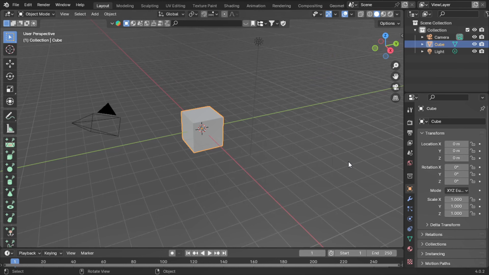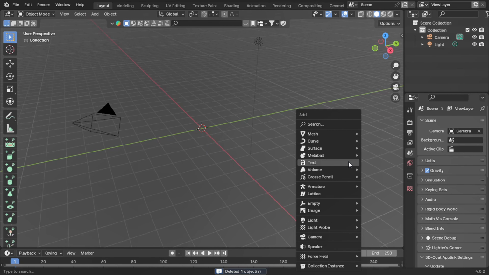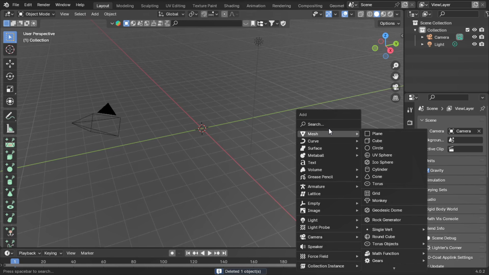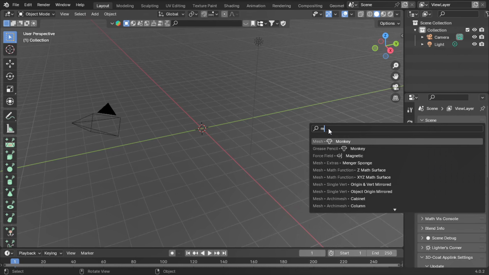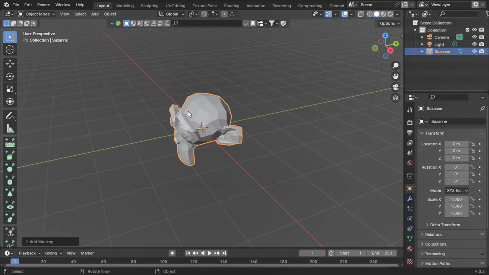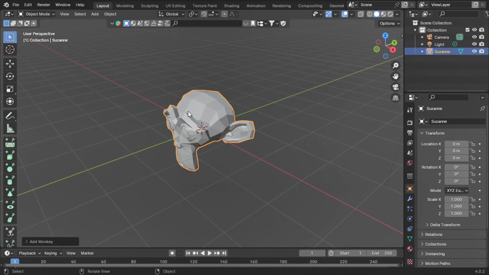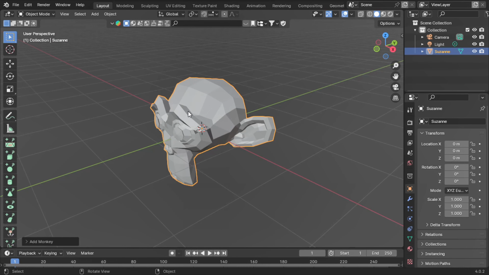Let's get started by adding our mesh. And for the object to explode, I'm not choosing the default cube because it's way too simple, and instead we could go for something more complex like a monkey. This monkey is perfect for exploding because it is quite complex in geometry and it also has a lot of subdivisions. So we can get better results just at the initial setup.